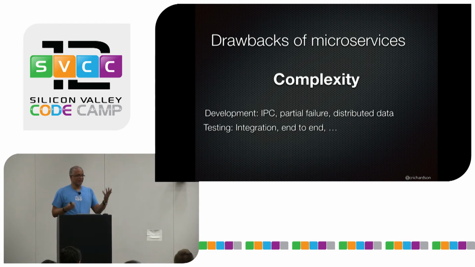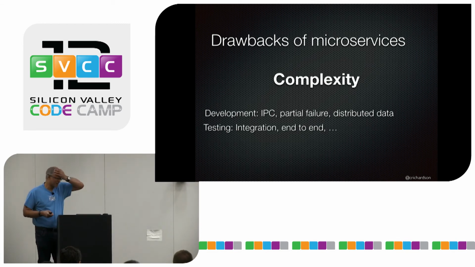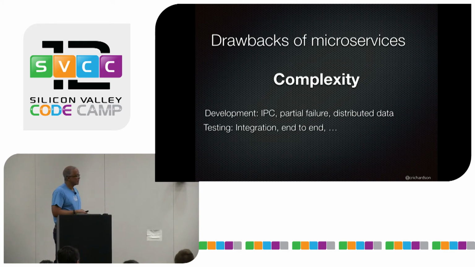But if you think about it, Uber has 2,000 services. Netflix probably has 1,000 by now. It's not like you as a developer could easily provision all 2,000 services to do a full end-to-end test of the system. Or at least if you did, it would be really difficult, slow, and brittle. And then deployment is more complicated because you've got all of these moving parts now.